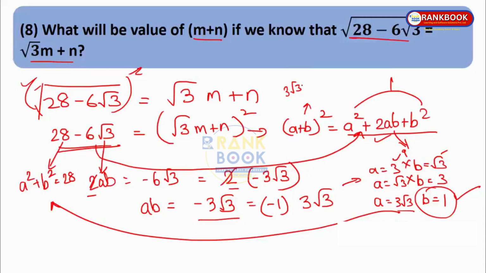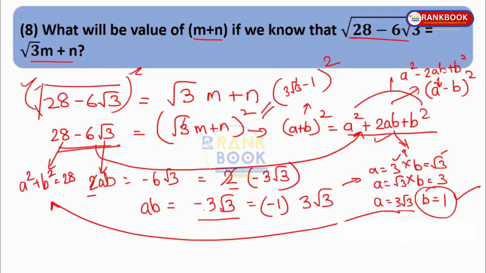So we will have over here 3 root 3 minus 1. Why minus 1? Let us see. What is the value of ab? Minus 3 root 3. So this will become a square minus 2ab plus b square, because the minus sign is over there, ab is minus. So this is nothing but the formula for a minus b the whole square, that is a square minus 2ab plus b square. So here we will have a minus b, 3 root 3 minus 1, the whole square. That is nothing but equal to this.